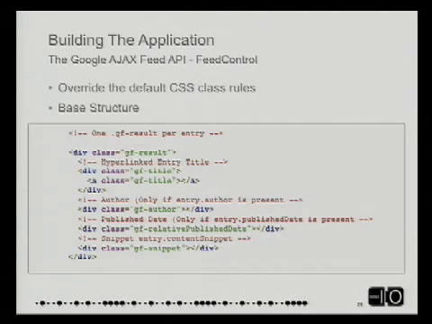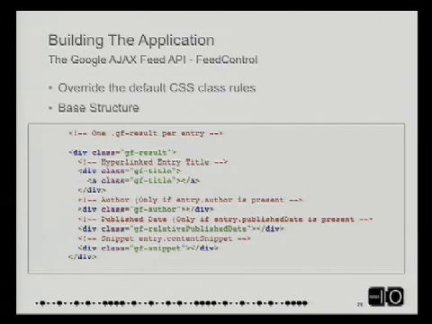This is the structure. So when I actually ask the feed control to generate the HTML, this is actually what it's generating. This actually comes directly from our documentation. It's going to wrap everything in a div with a class GF result. It's got a title, an author, a relative published date, and a snippet. All those classes are available to you and have default styling that we think looks kind of good. But obviously, we did this specifically so you can override it and make it look any way you want.